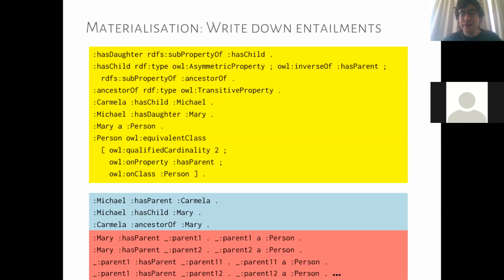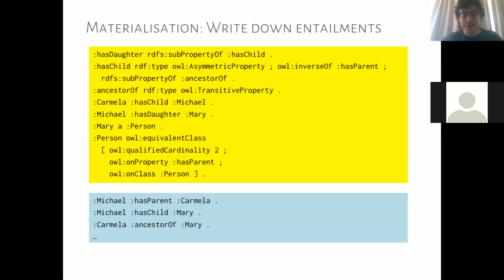The point being that the entailments are not going to be finite all the time, so it means that we are not going to be able to write them down. This gives us the idea that we're not going to be able to do complete reasoning by just writing out all the entailments and then storing them and then running queries over that data, for example. It's not going to be possible to have a complete